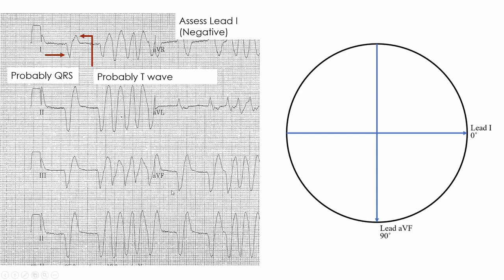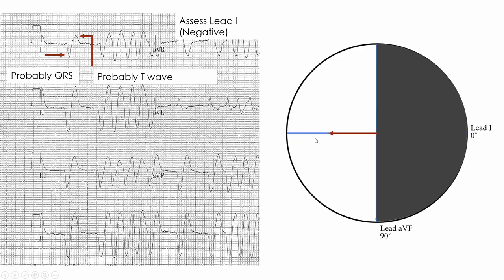Not always easy to tell, it sort of comes with experience, but there does have to be a T wave somewhere, so you can work backwards: this must be QRS complex, this must be T wave, this QRS complex. I can see that it all looks pretty close to the same. But anyway, going with that, if that is T wave and that is QRS complex, then that's certainly negative. So